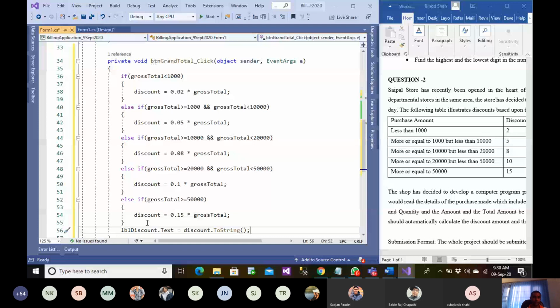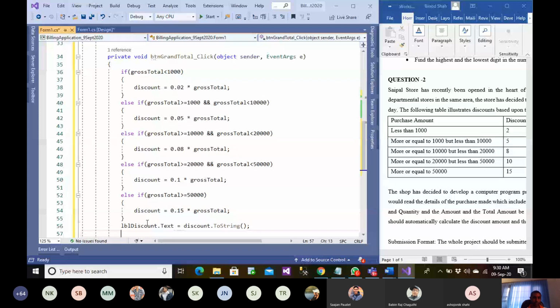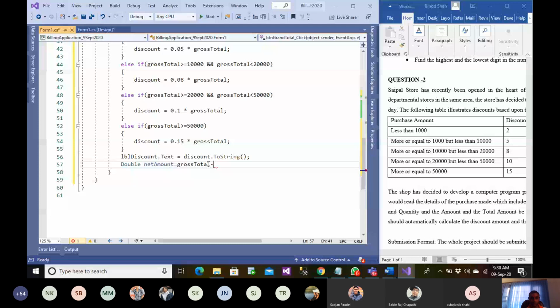Let's say net amount, so double netAmount equals gross total minus discount. And lblNetAmount.Text should now be equal to netAmount.ToString. And we are done with all the stuff of V1.